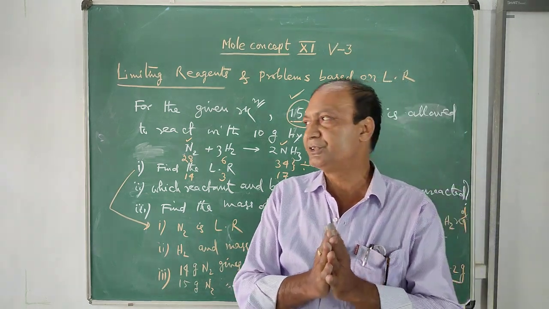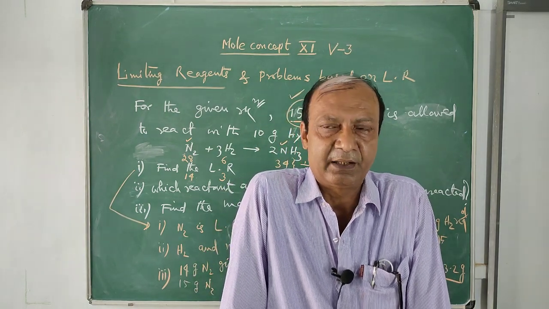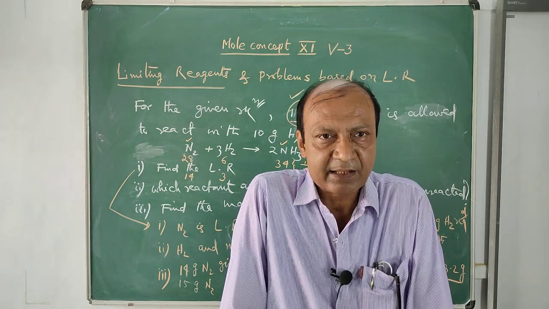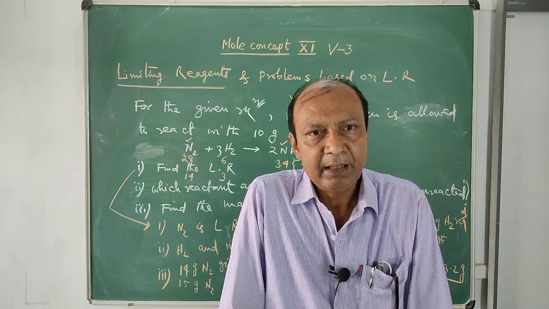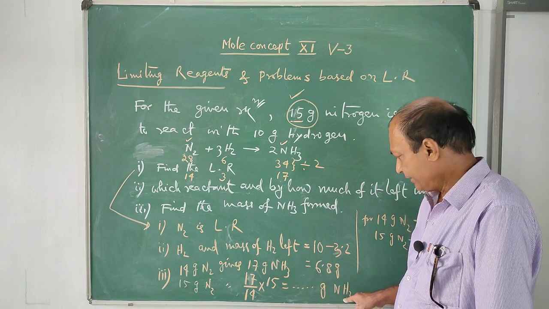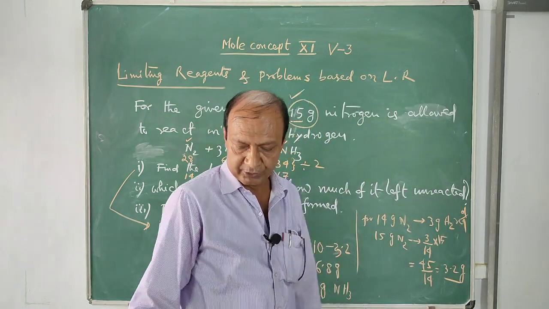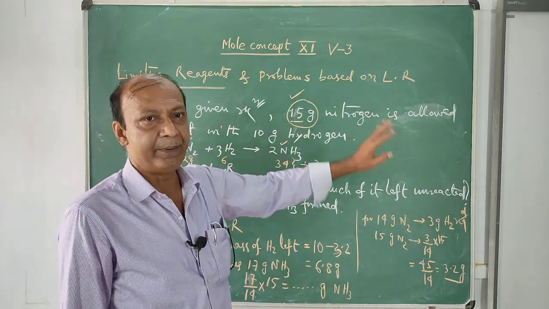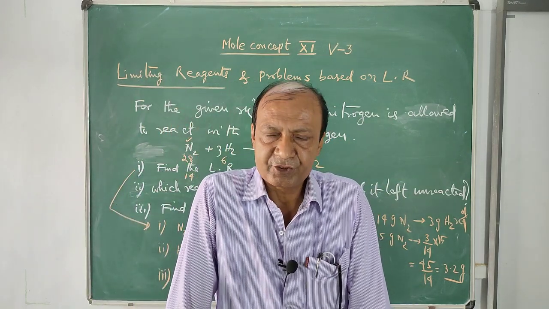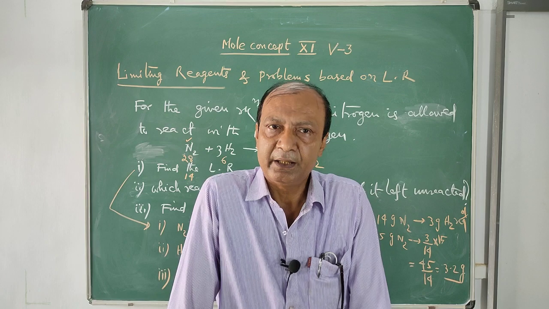This is the final composition of the product formed after the reaction. So if it comes that what is the final composition of the reaction after it is over, then you have to write that this much ammonia and this much hydrogen would be present together after the reaction is over. So these are our problems based on limiting reactant. You have a number of problems in your textbook and reference book. You will try to solve some of the problems based on limiting reactant.